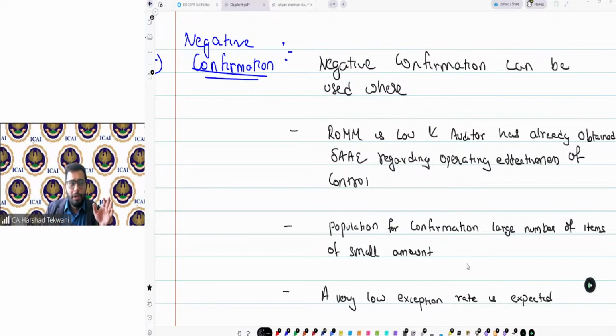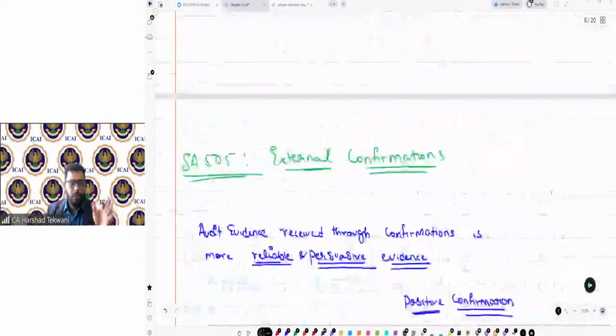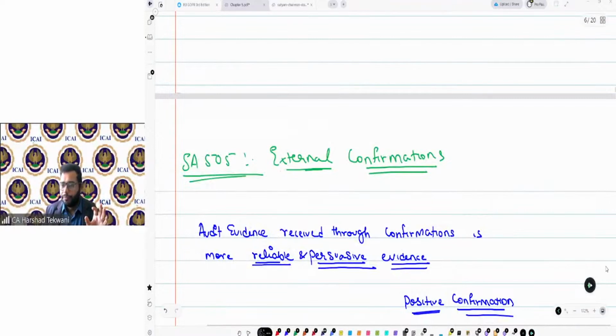So this was SA 505 with respect to your external confirmations. Any doubt?